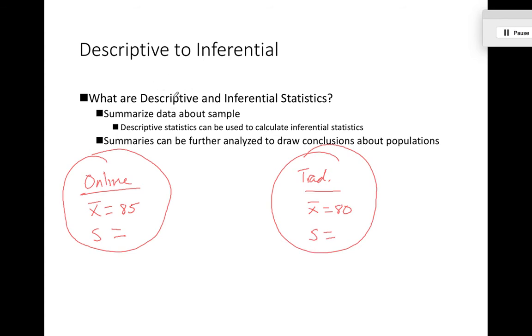So when we calculate descriptive statistics, what's the point of calculating descriptive stats? Just so that way we can describe and summarize information about our sample. And now the next thing we want to try to do is infer about the population. Now, even though here I'm saying I infer about the population, do remember that I'm still talking about inferential statistics. So here's the term, statistics. So I'm still talking about inferring about the population using who? We're using the sample, and that's always a very important thing that you have to consider